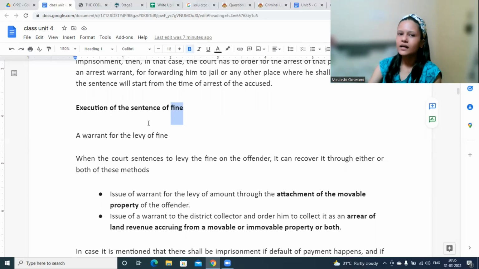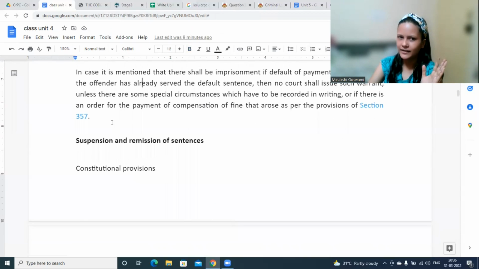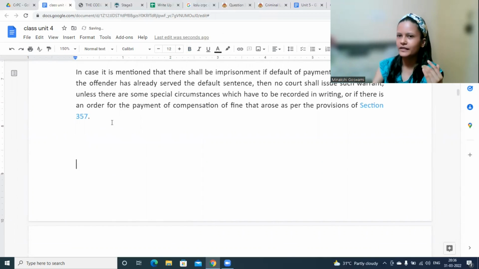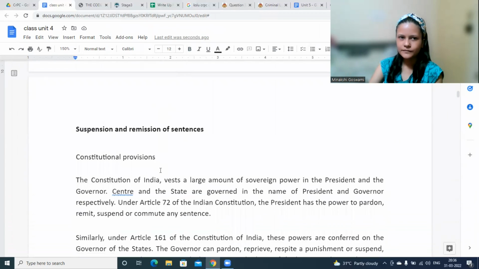Right? So in case a sentence of fine is imposed, the court can also order that you can attach some movable or immovable property of the person and get the money if he is not giving it himself. Like that, the court would pass an order and get this money. And in case he is not paying, in case default happens, the person may be arrested and he will have to serve that duration of time. Like in default, it applies. So that entire part relates to execution. Once some order has been given, how is it actually executed? It would be actually implemented.